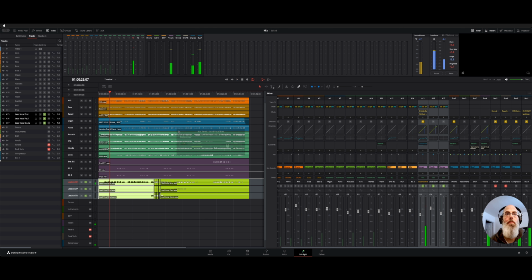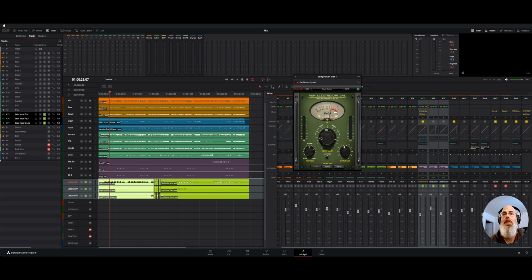So you can hear a lot more body comes in, and that is just this compressor over here. It's driven quite a bit. Not a lot of output gain, but quite a bit of compression going on. And this is just the plug-in mix electro-optical version. But if we watch the meter here,